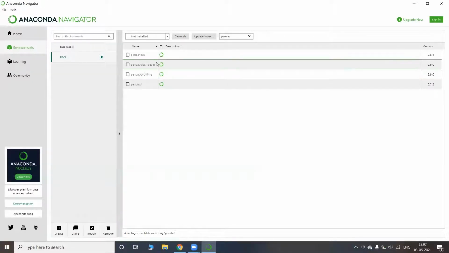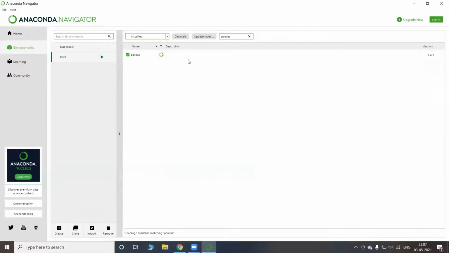Now we can see that pandas has gone from not installed. We can again check and install, and it is there.